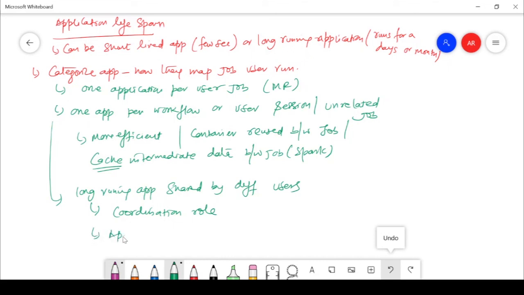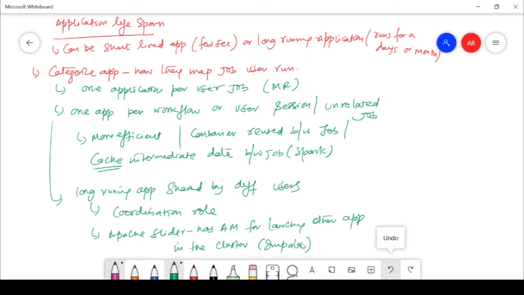It has an application master for launching other applications in the cluster. Even Impala, if you have heard about it, just like Hive, also uses this kind of stuff.